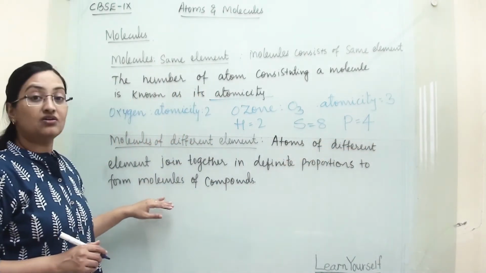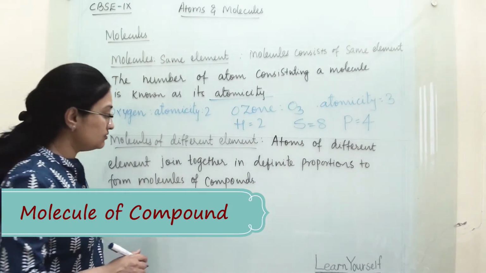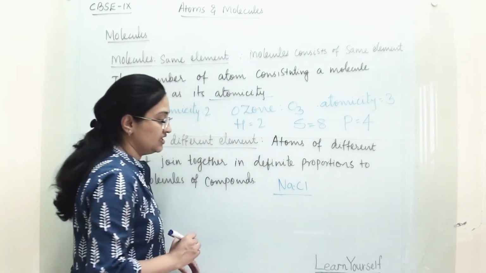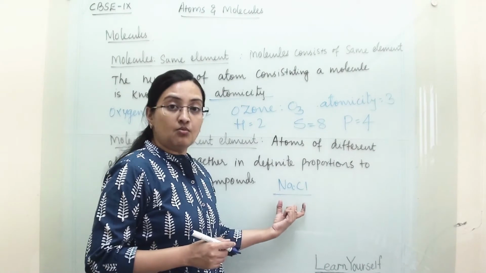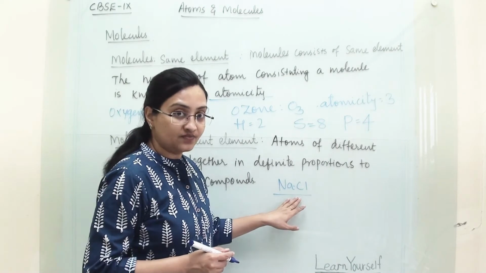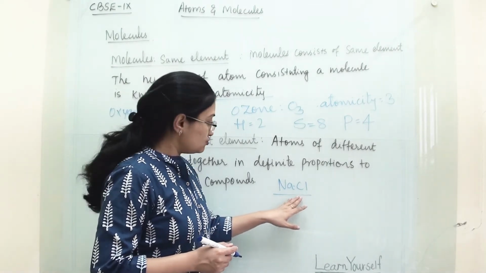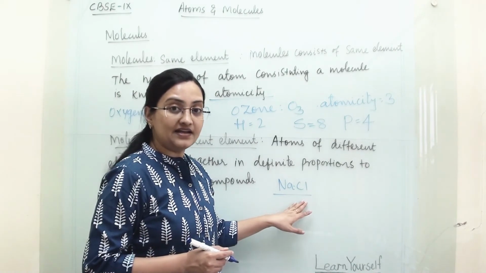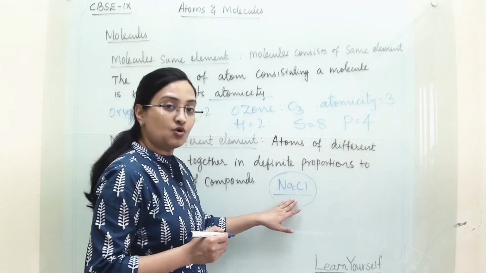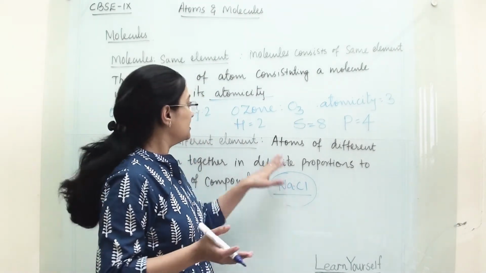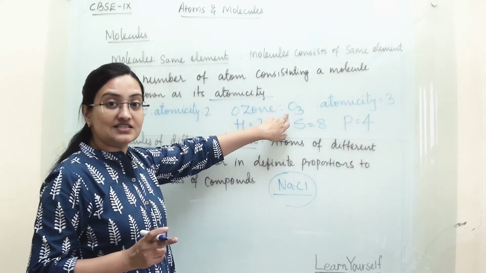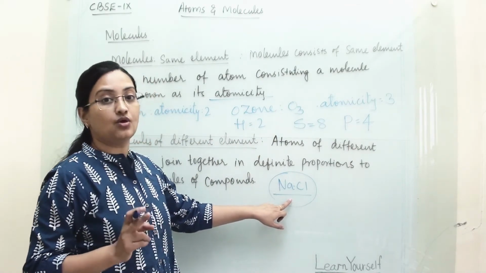Now we are talking about compounds. What is the meaning of compound? Different elements come together and form a molecule, and that is a compound. So this is a molecule of sodium chloride. In this, 2 atoms are combined, sodium and chlorine. Both combine in atomic form and make one molecule. So this molecule is made up of different elements. Here the molecule is made up of the same element. So here we call it a molecule, whereas here we call it a compound.